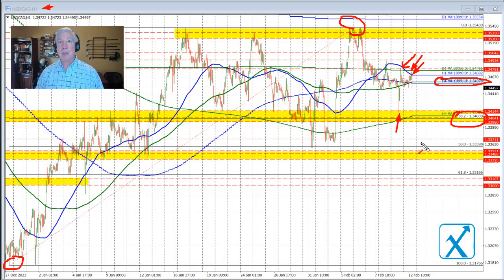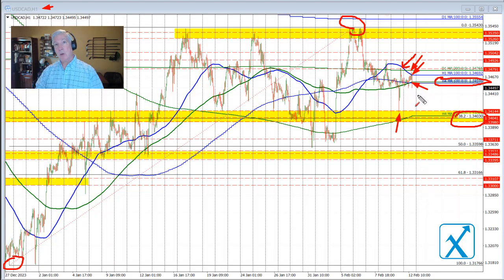We are back below the 100-hour and the 100-bar moving average on the 4-hour chart and the 200-hour moving average. That tilts the bias more to the downside, and the sellers are trying to make a play with a test of the previous low for the day. As long as the price remains below these two moving averages right here, that is more bearish for this pair,